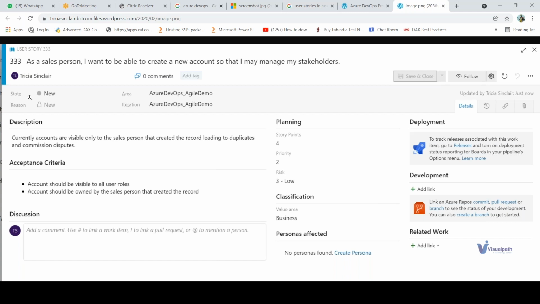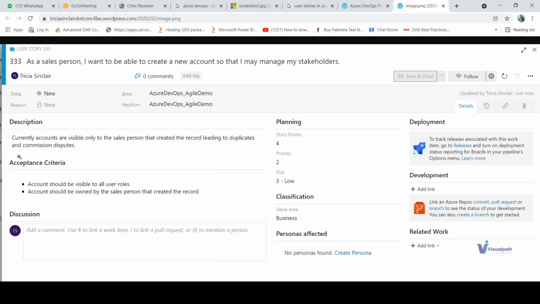And then the state is nothing but the state in which this user story is. Is it in active status? Is it in development status? Is it in testing status? Or is it in business story sign off status? Or is it in done status? Or is it in committed status? There will be some different states, right? And you have to follow according to your business requirement. Your business requirement will tell you which state to keep this user story in, depending on the work done. So you have to mention the state here, and then you will have a description for